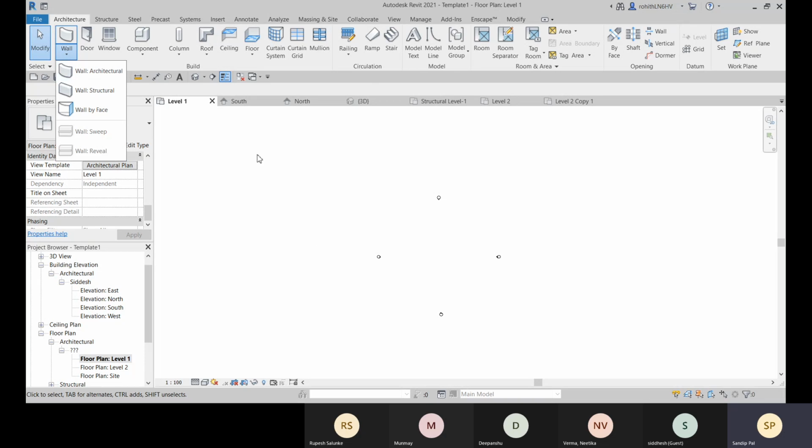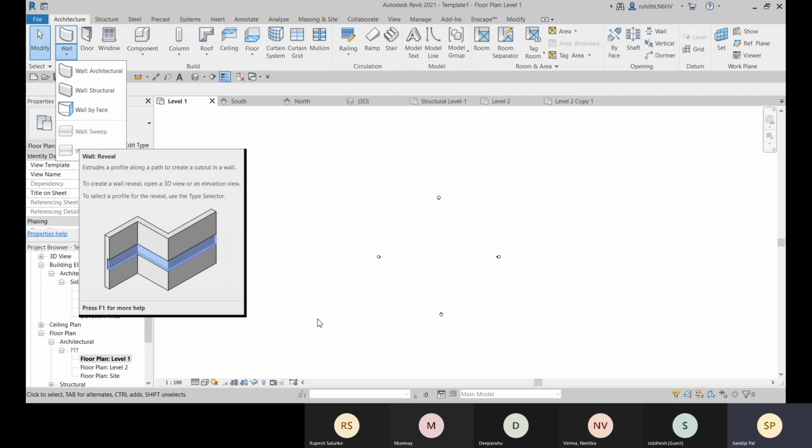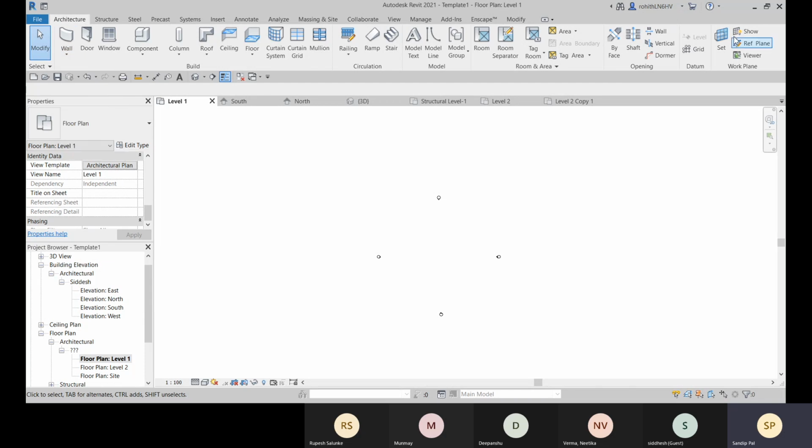So before creating and before placing your model elements, we need to specify datum elements. Okay, that will define the project outline, the relevant height for the project, the number of stories for the project. So for that, we have this datum panel within this architectural tab.